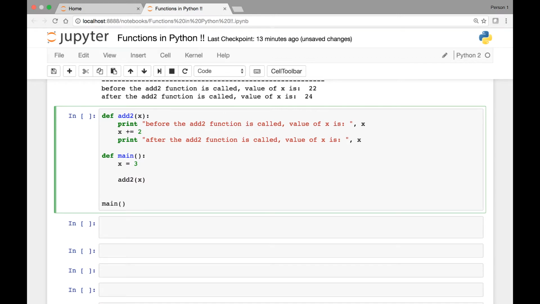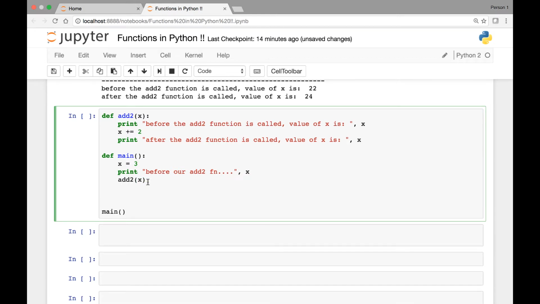So before our add2 function is called, let's print "before our add2 function", then x, then we have our add2 function, and after that let's print "after our add2 function"